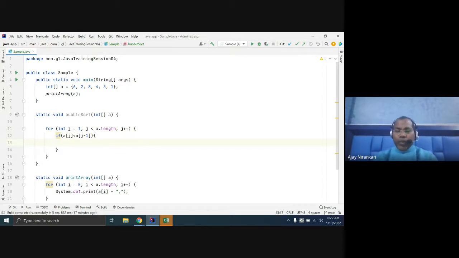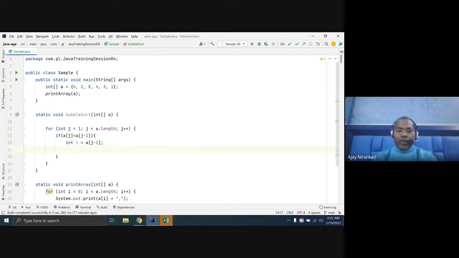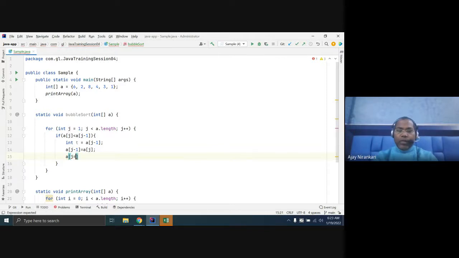For swapping, we have read the logic: take a temp, copy a[j-1] and hold it, then copy a[j] into a[j-1], and then put the temp value in the a[j] position.